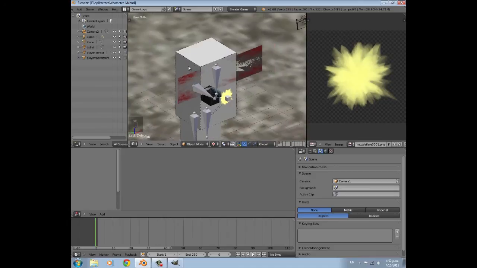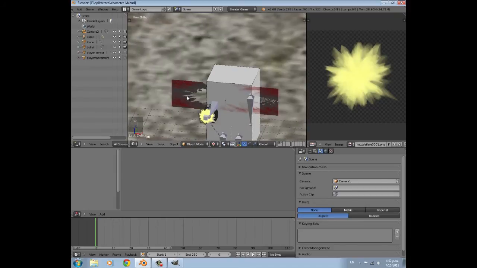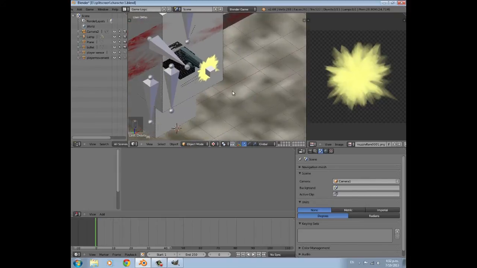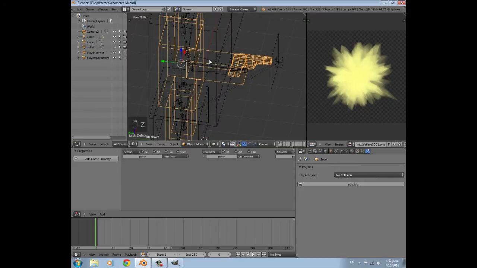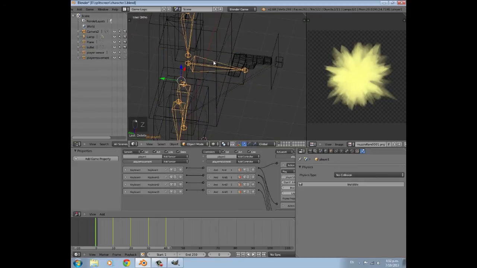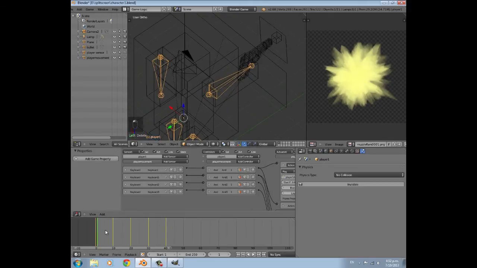Now we need to duplicate this all for the second player after we've done the shooting animation. So we still haven't done that. So select the rig. You can press Z to go into wireframe if you want, and select it. And then, well, it's got walking animations here already, but we need a shooting animation. So go to frame 45, you can just type it in if you want, or you can use the arrows,